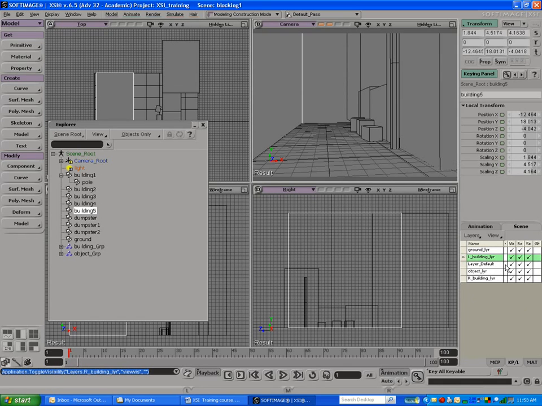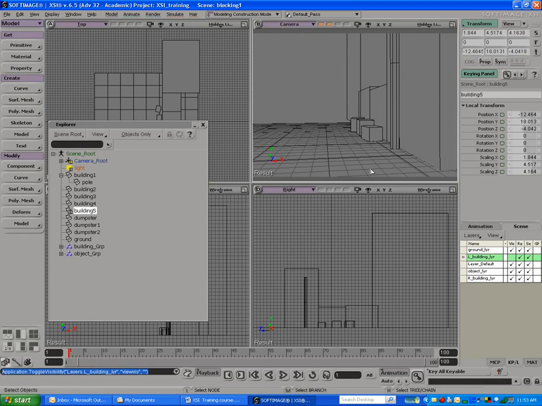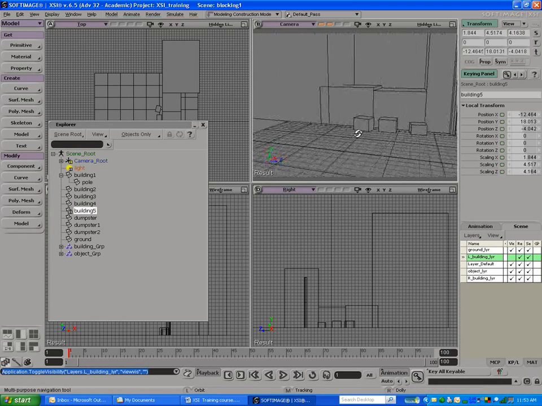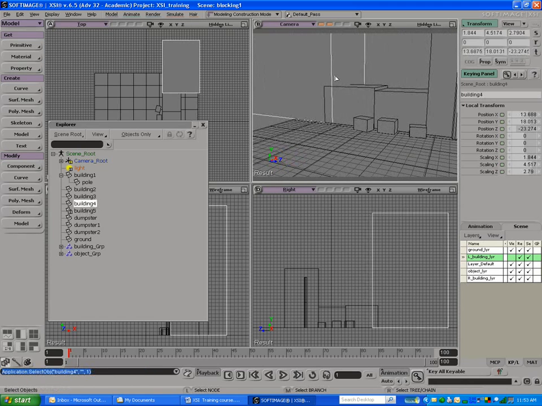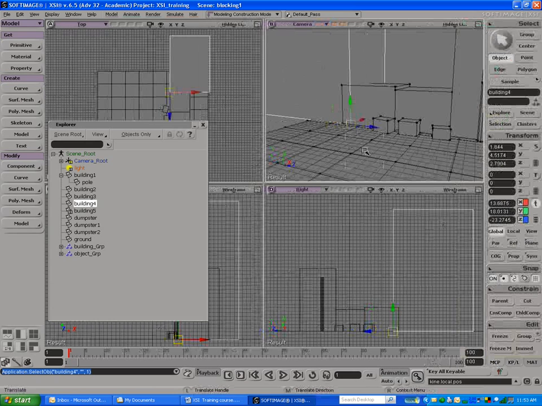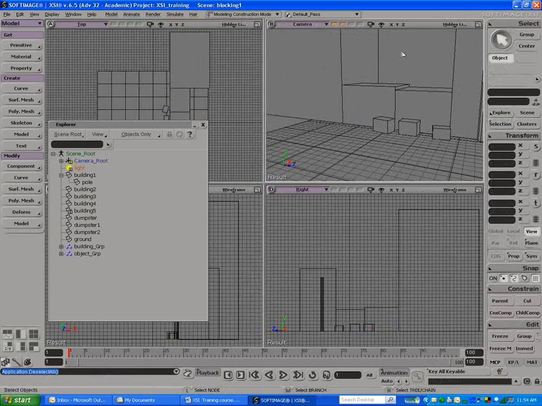So we've got our layer set up. Nice about having left and right, if we turn off the left building, we can now move the camera around and things aren't obscured. I can actually see this building here needs to be moved a bit. So I'll just move that. I'm just going to use the temporary pivot and then snap it. Just go back here, make sure point snapping is on. Yes, it is. And just snap it there. Okay. So our blocking's done, and we've done some scene management here to set things up using layers,